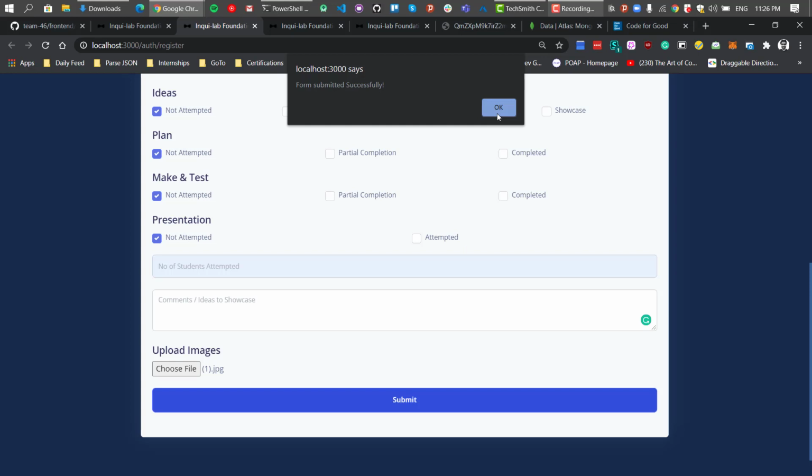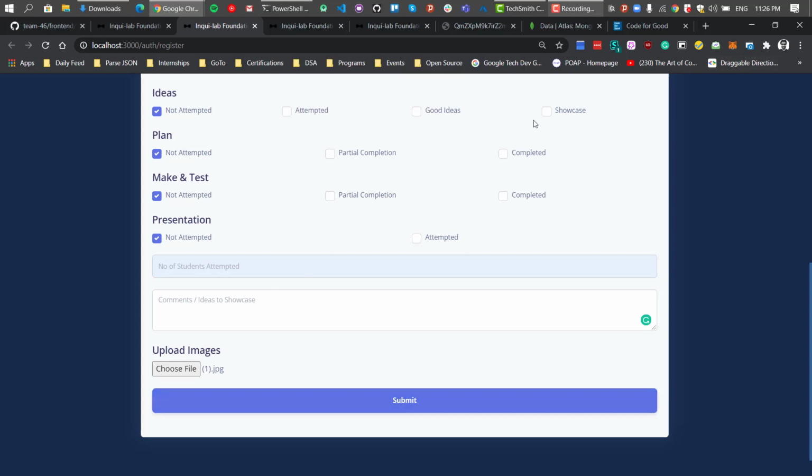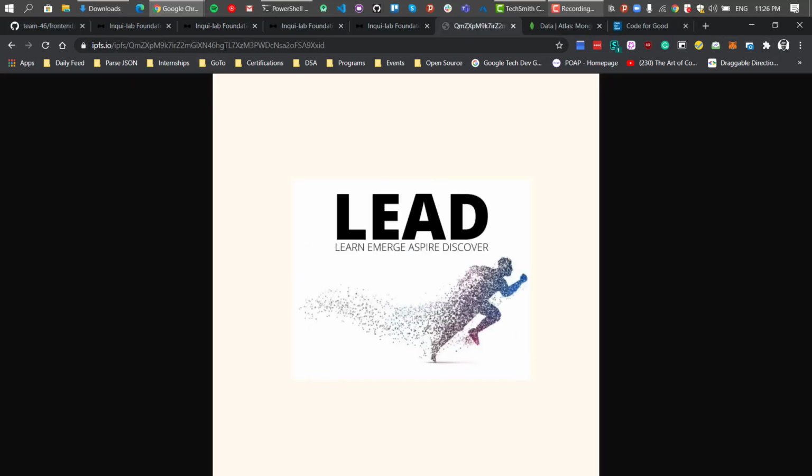At the same time, the image is uploaded, and the link to where the image is uploaded is copied to the clipboard, and we can simply go to that link. So this is the kind of link. It's a hash that is non-crackable and SHA-256 encrypted. So it's an IPFS decentralized network.